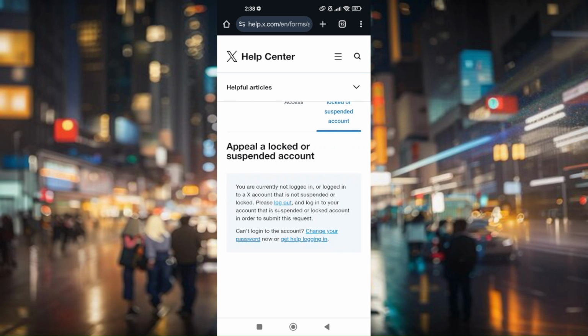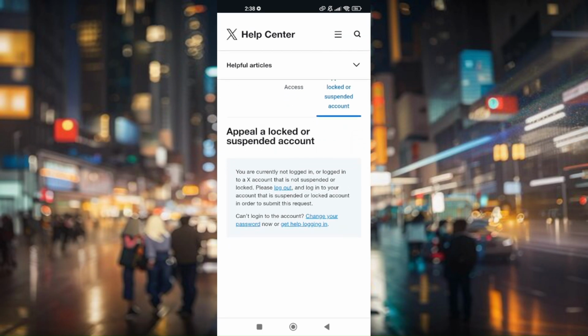Now this is actually the first resolution that they can provide. So you'll have to appeal to a locked or suspended account. Now, if you are currently not logged in or logged into an X account that is not suspended or locked, you'll have to log out of your current account that is currently suspended, and you can use another account that is not suspended or locked and submit a request using your